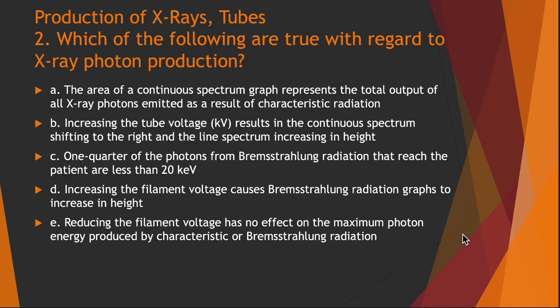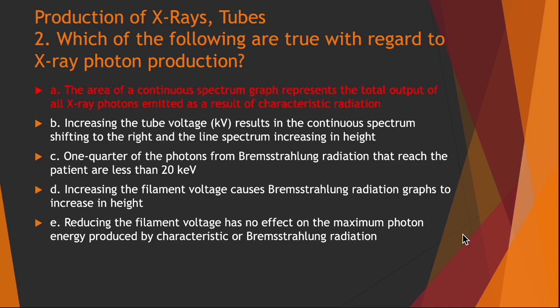Regarding which of the following are true with regard to X-ray photon production, the first STEM question asked was the area of a continuous spectrum graph represents the total output of all X-ray photons emitted as a result of characteristic radiation. The answer is false. Why? Because the area of the continuous spectrum, we all know, consists of both the Bremsstrahlung as well as the